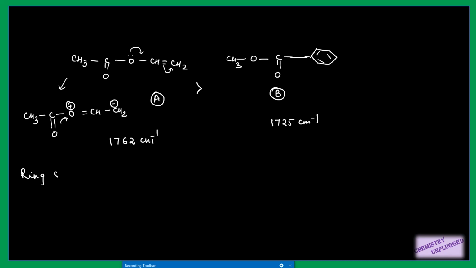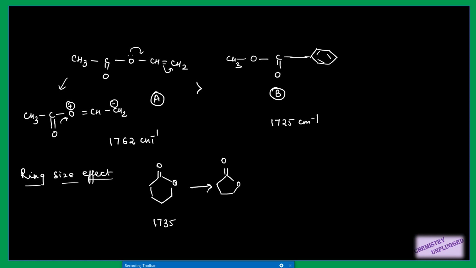So we have seen in the starting that when the size of the ring decreases, as the strain increases, the CO vibrational frequency increases. Same thing will be applied for esters also. So we have here two esters, or you can say two lactones. This has a value close to the normal value, that is 1735 centimeter inverse. Most of the time the six membered rings of all the ketones or esters or amides, or you can say lactams, the value is close to the base value for six membered rings.